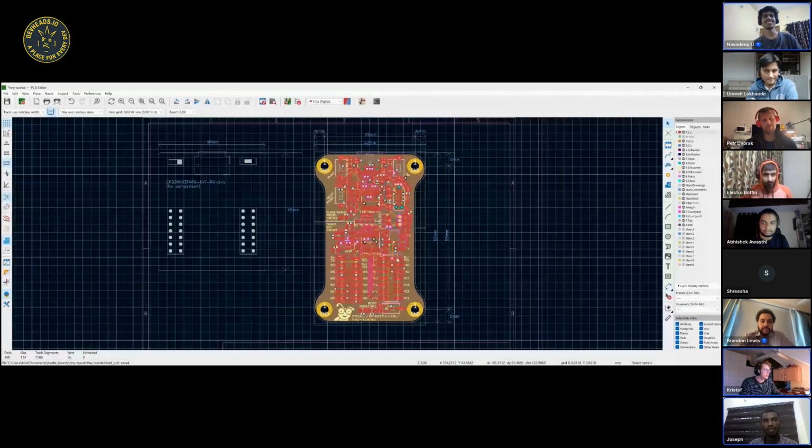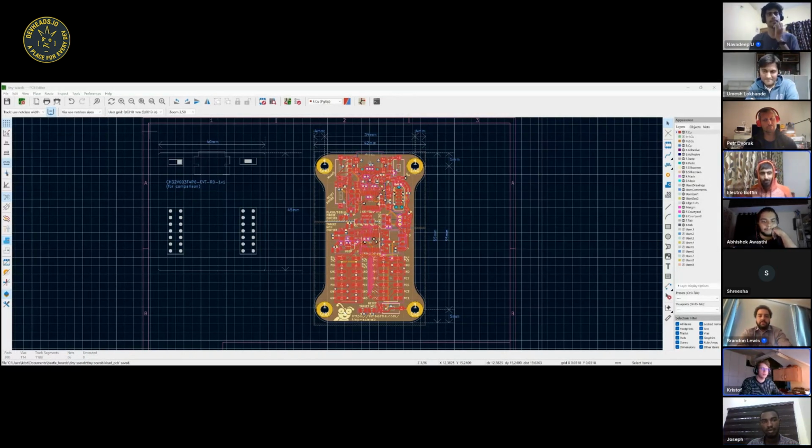Okay. So that's the design in KiCad. But let's look at the 3D view, and it's not updating. Why is it not visible?